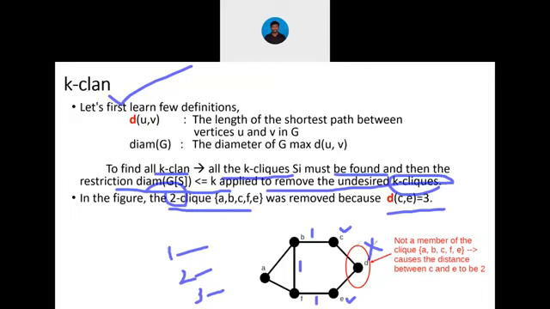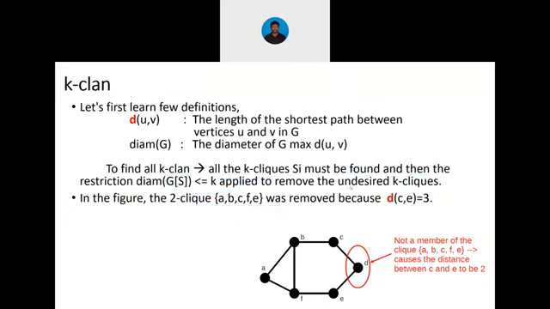For deriving the subgraph, I derive a subgraph also called ABCFE. This is also called a two-clique. Why am I removing this two-clique? What is the need of removing this two-clique? Because for C to E, it has a distance of 3 to reach from C to E, and hence I am removing this two-clique in this particular graph.